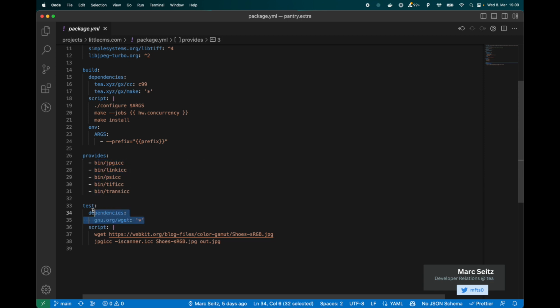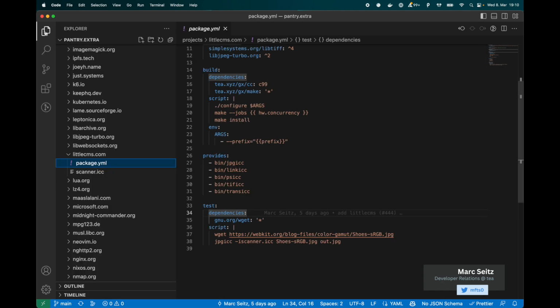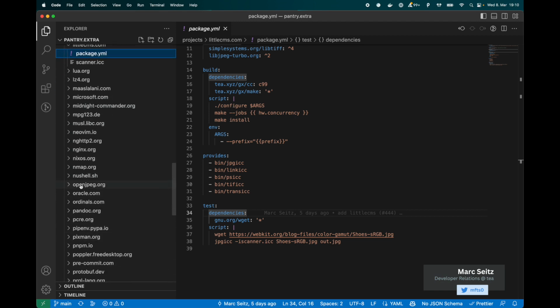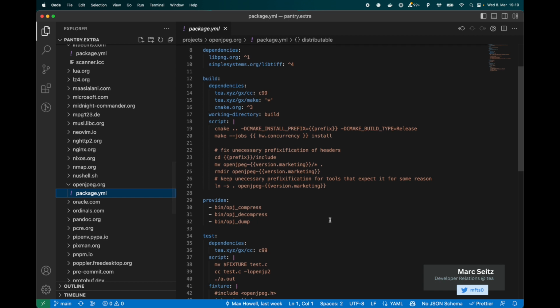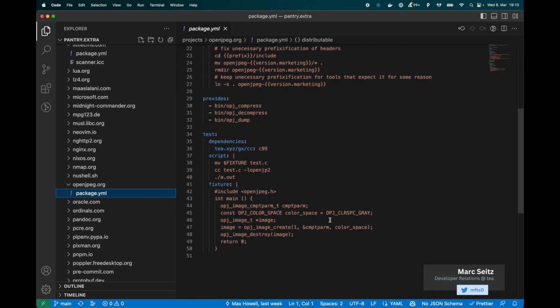But here, for example, I'm adding dependencies just for the test because I'm using wget. We do have some fixtures, as Max told me last time, for 1 pixel images, which I didn't know. It's somewhere here in one of these packages. We'll be better at documenting all of these. But basically it's helpful to look through some of these packages, what they do and how they work,